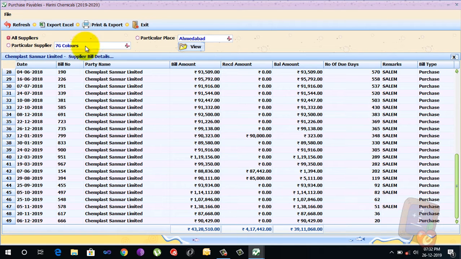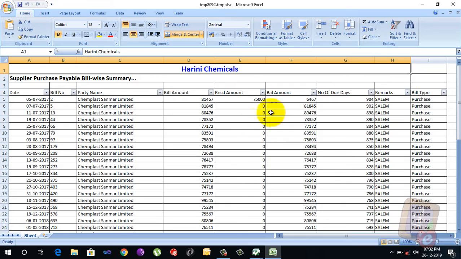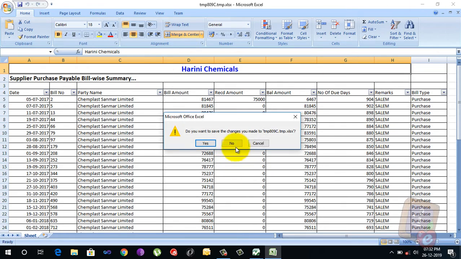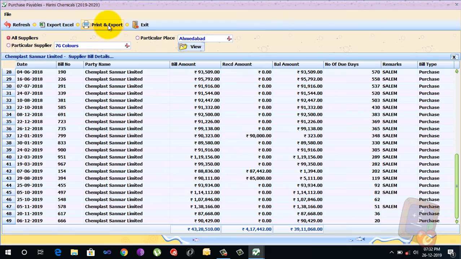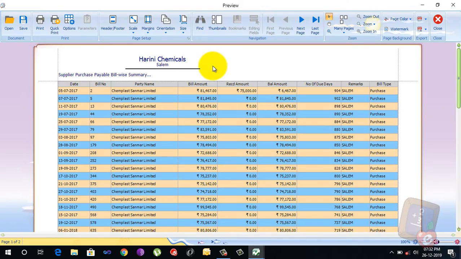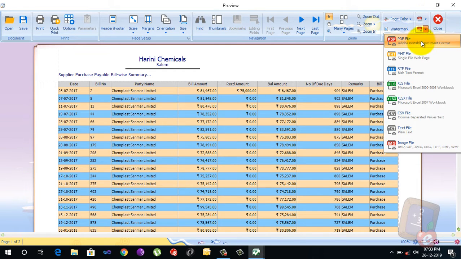Now we can export these details to Excel by clicking the Export Excel option. In the same way, you can convert these details to an A4 sheet by selecting the Print and Export option. If you click Export Excel, this data will convert into Excel. Likewise, if you click Print and Export, this data will convert into a printable form on an A4 sheet. You can send email, and at the same time you can export it also. You can see formats like PDF, HTML, picture file, etc. So you can export in any format like this.